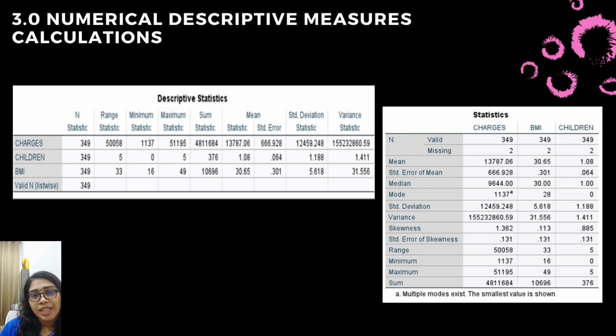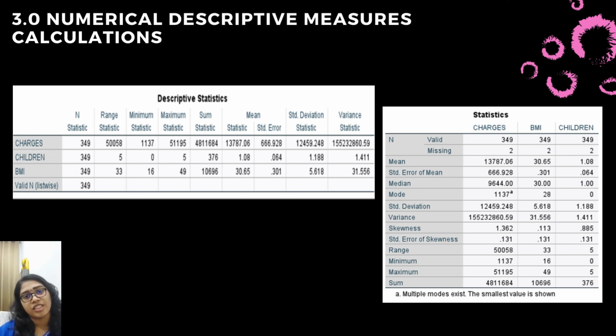Sum statistic is 4,811,684. Mean statistic is 13,787.06 and standard error is 666.928 and standard deviation statistic is 12,459.248 and variance statistic is 155,232,860.59. So now for the children, N statistic is 349, range statistic is 5, minimum statistic is 0, maximum statistic is 5,